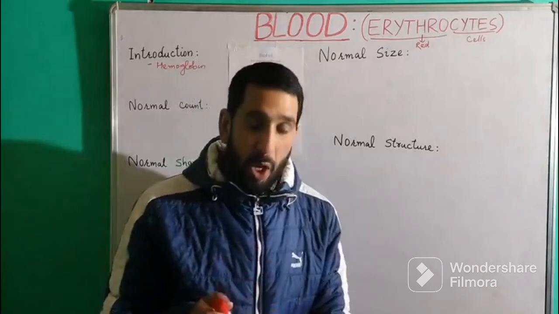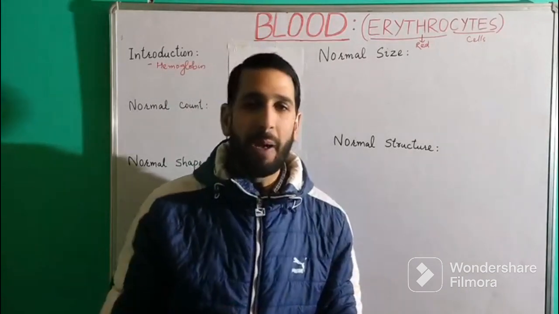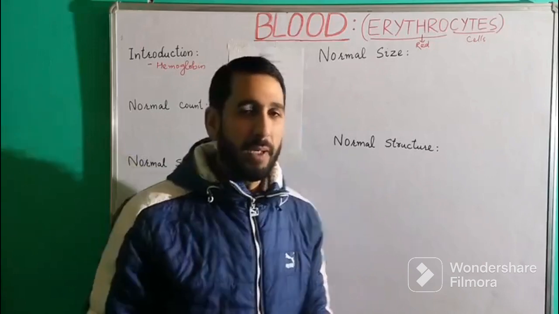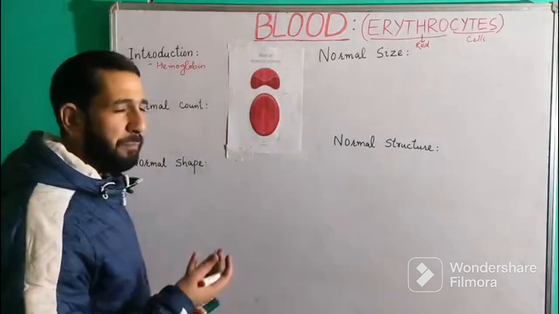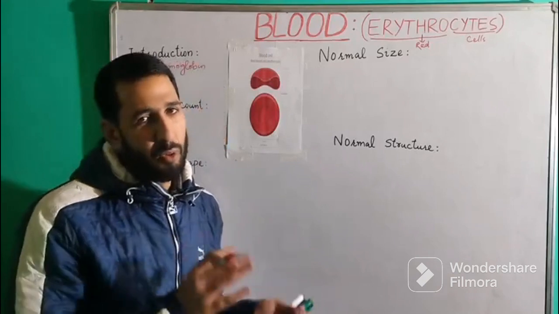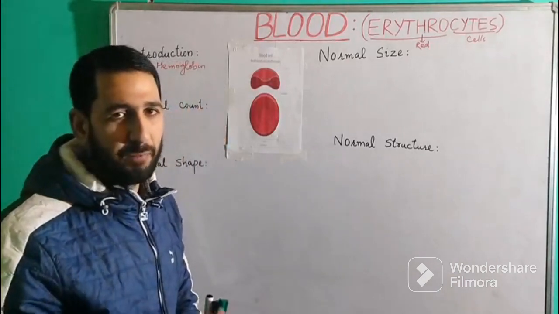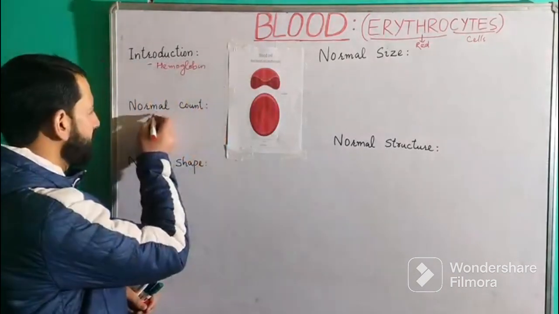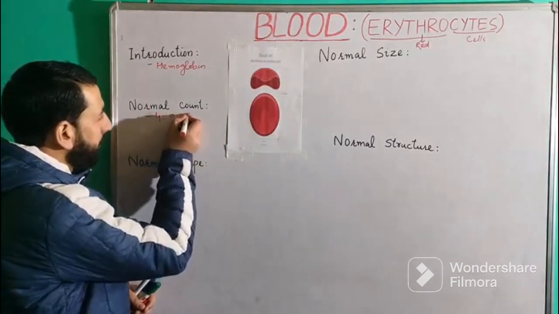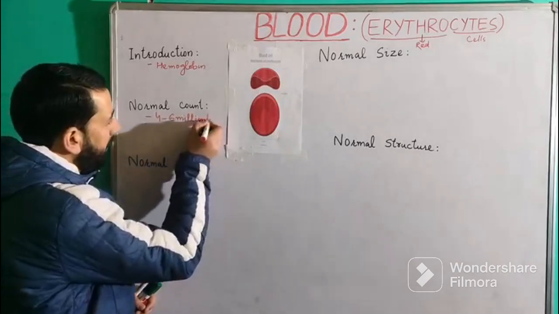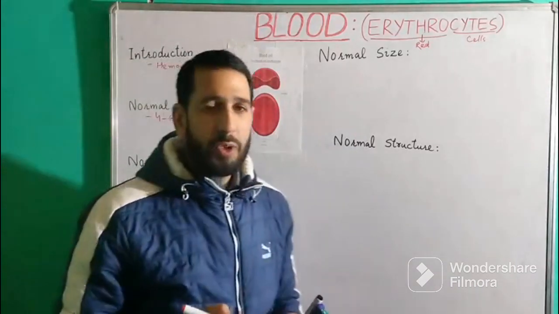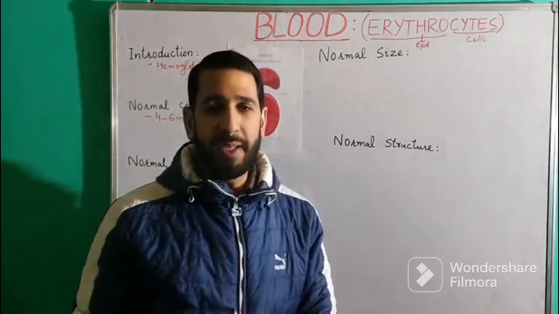And the normal count, we also told you in the hematocrit. When we talk about the normal count of red blood cells, in some books it is 5 to 6 million per cubic millimeter. In some books it is 4 to 6 million per cubic millimeter. So let me write it here. It is 4 to 6 million per cubic millimeter. So in 1 cubic millimeter there are 4 to 6 or 5 to 6 million red blood